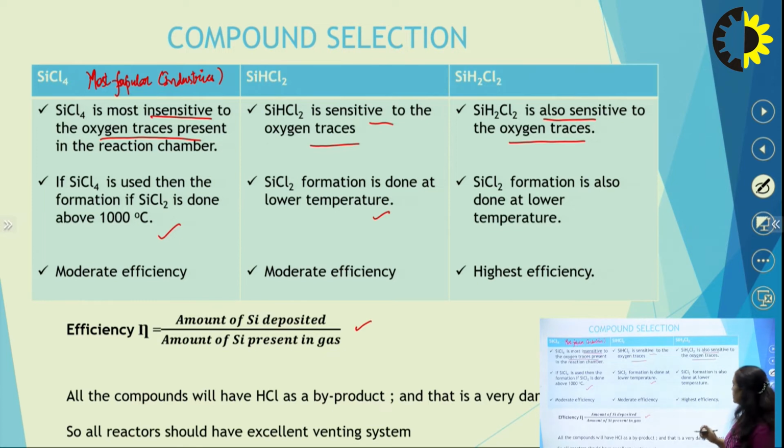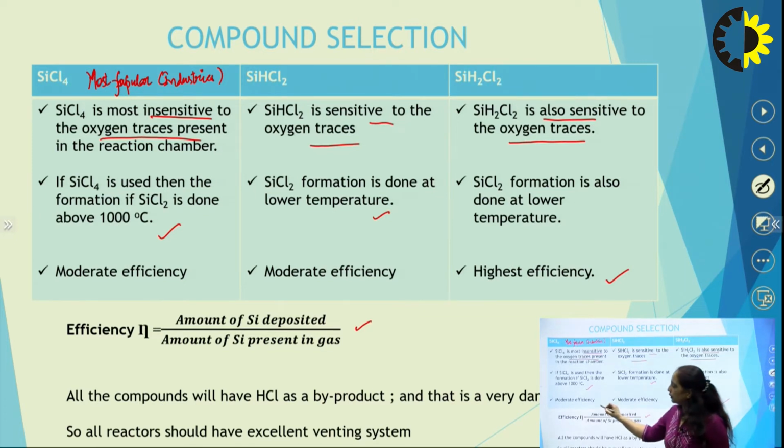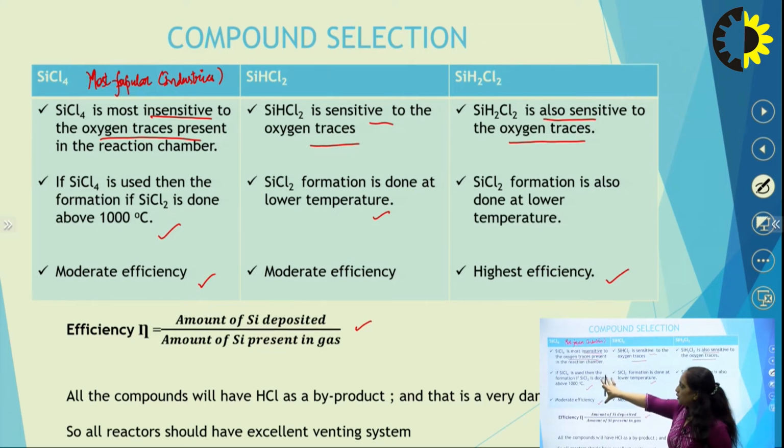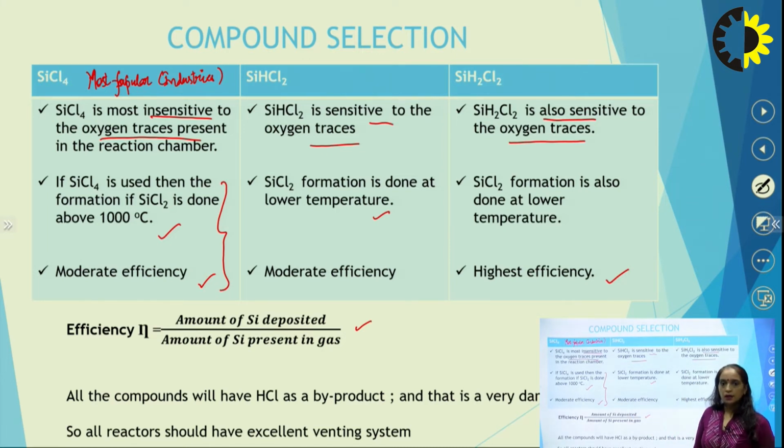If you talk about efficiency, this compound has the highest efficiency, and this silicon tetrachloride has the moderate efficiency. So we can manage these two drawbacks, because the oxygen is the most dangerous part in the reaction chamber. There should be no traces of oxygen in the reaction chamber. So that is why this silicon tetrachloride is preferred, because it is very much insensitive to oxygen. If some oxygen is present in the reaction chamber because of the chamber materials, the oxygen will not precipitate in the